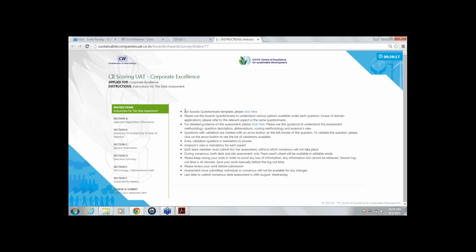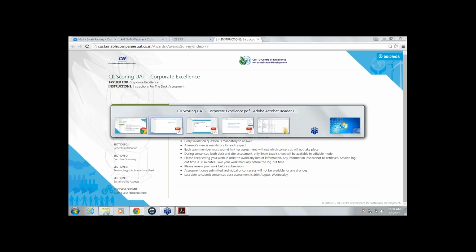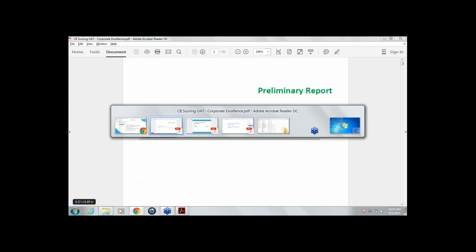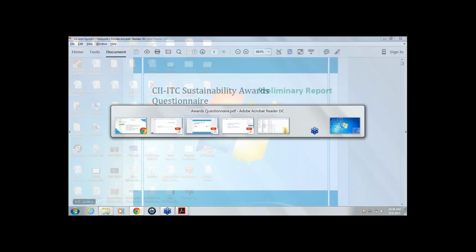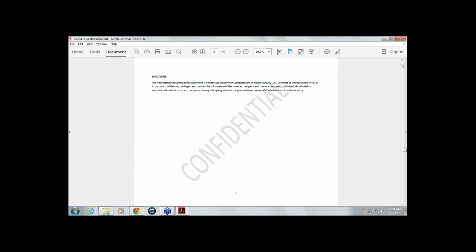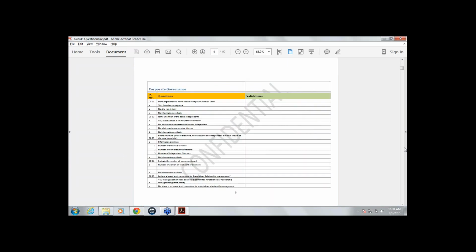The first is the awards questionnaire template. This is a blank awards questionnaire template including all the questions which are part of the awards questionnaire. Once you click on this link, you will be given access to an online awards questionnaire which looks like this, which will have the details of each and every aspect and the relevant questions under each aspect with the options available under each question.